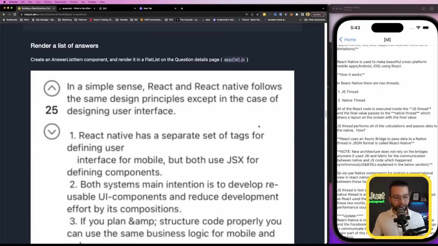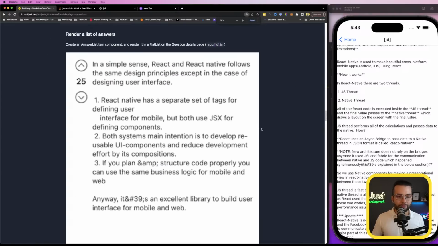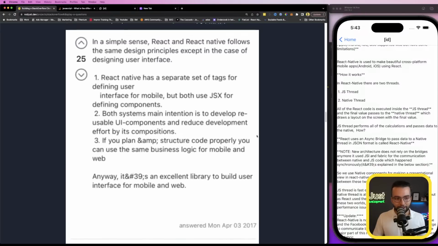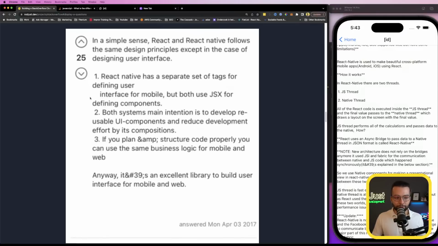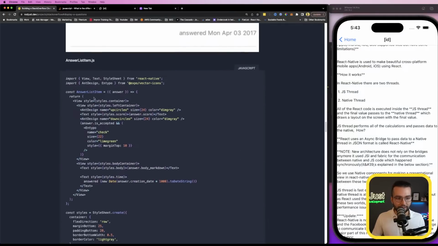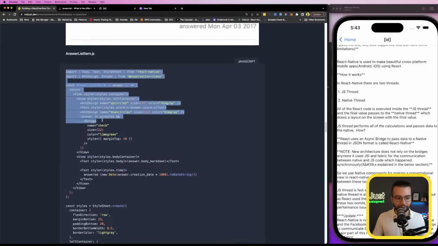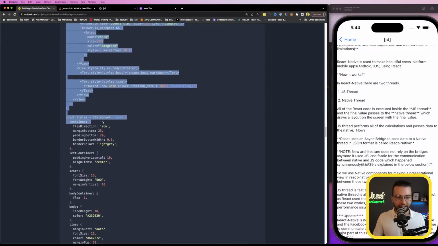I think if we implement it together, it's going to become a bit repetitive, because again, it's quite similar to how we render the question. Only difference, we have something on the left. So I recommend let's go ahead and grab this component from here